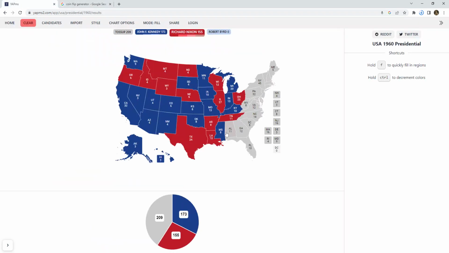That's going to go for Nixon. And remember, Mississippi and Alabama's electoral votes go to Robert Byrd in real life. Or Harry F. Byrd, I'm pretty sure it was Harry F. Byrd, but they have Robert Byrd, but I think they meant to put Harry F. But anyway, Kennedy and Nixon split the states that Byrd got electoral votes from.